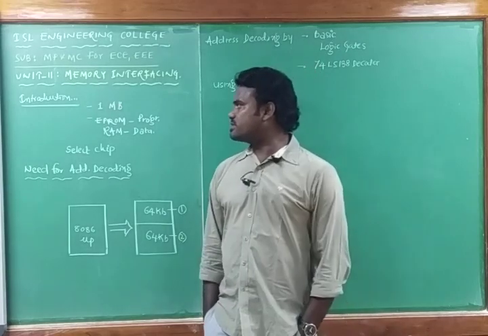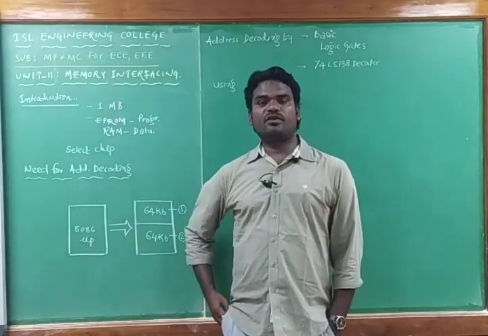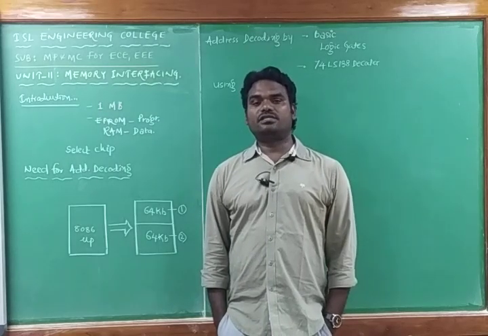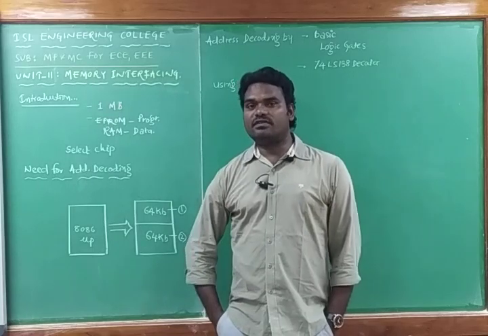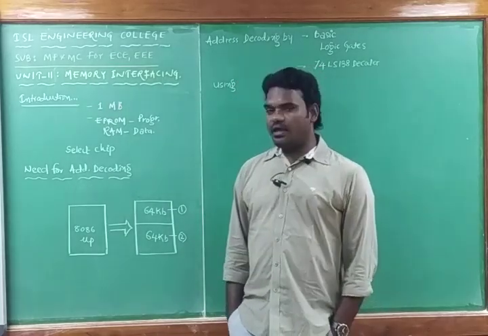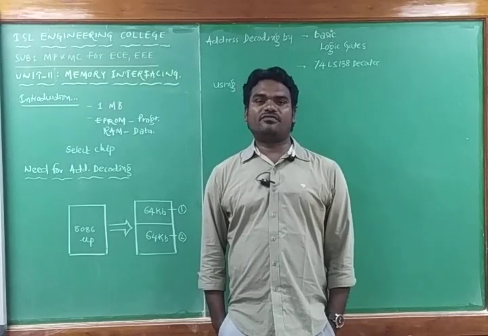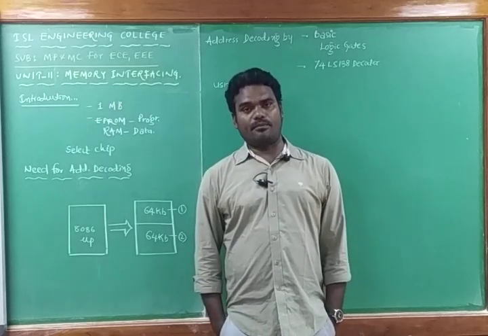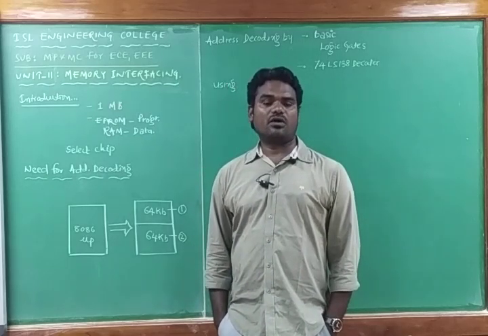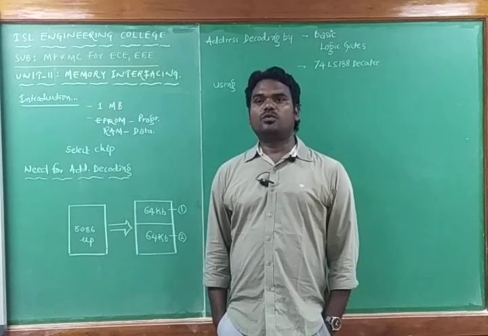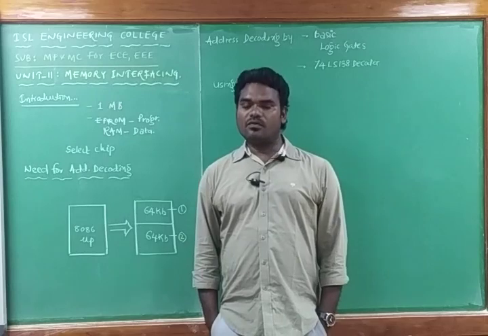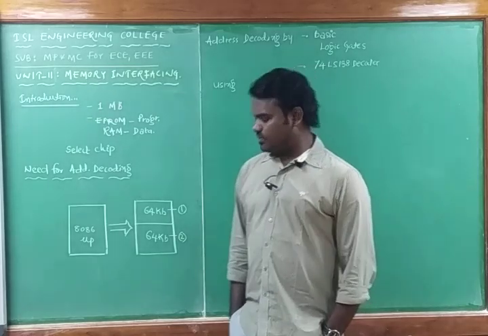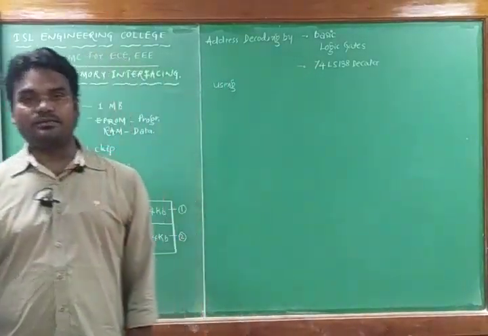It can access 1 megabyte of memory with the 20-bit address lines, that is, it can have 10,48,576 memory locations. And that 1 megabyte of memory can be PROM and RAM. Simply, PROM is also named ROM. ROM stands for read-only memory, which is used to store the program, whereas RAM is used to store the data.